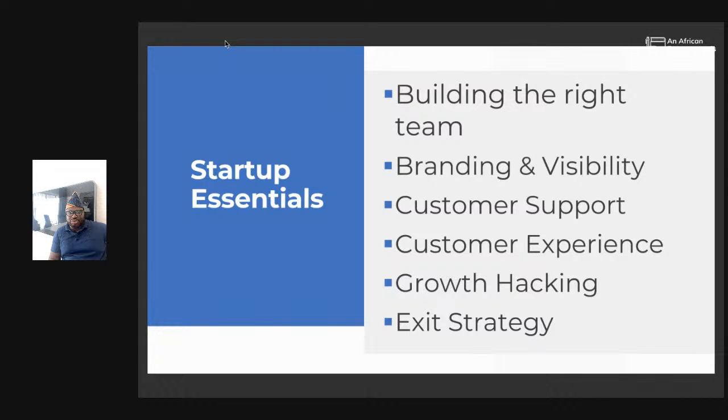Because you need to be able to manage your customers effectively. People are going to be calling your company with one problem or the other, so your customer service or customer support must be very great. We're going to break that into another 5 modules that will help you understand what customer support really is and how you measure the value of the experience you are giving to your customers.